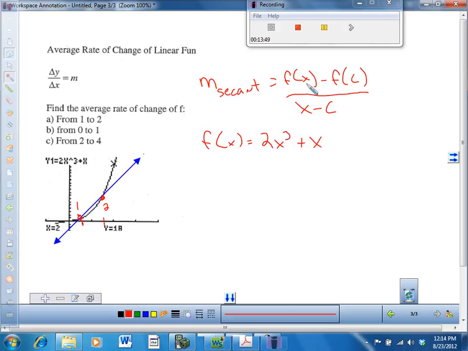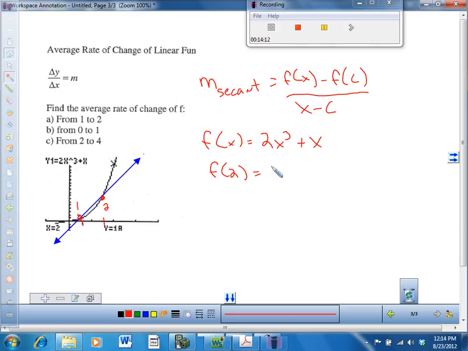And so to start with, we call this point x, the furthest one away, and we call this point c. Okay? So it doesn't really matter which order you go in, just like with slope, as long as you're consistent. But so f of 2 is 2 times 2 cubed plus 2, which gives you